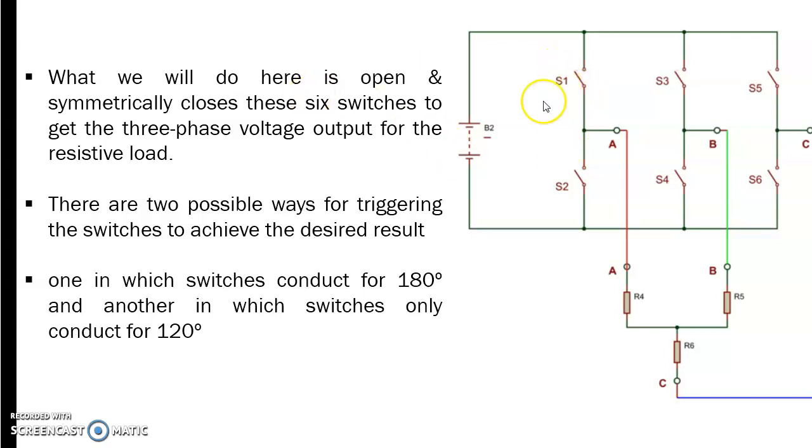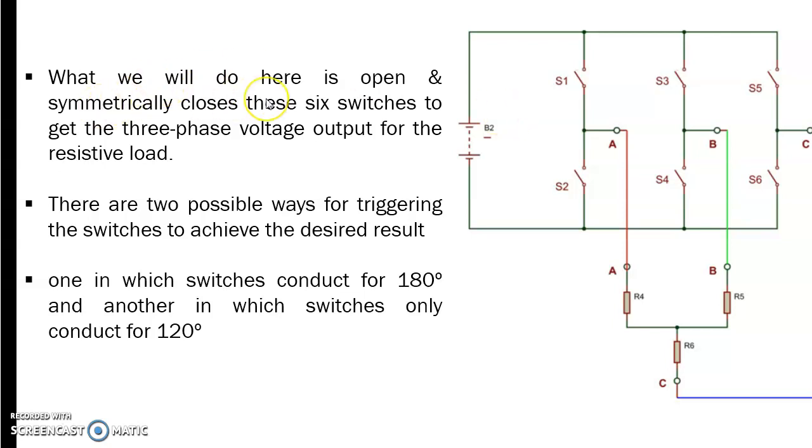And the conduction period of each switch is 180 degree, or 120 degree in the case of the 120 degree mode of operation. So in case of 180 degree conduction mode, at a time 3 switches will be conducting. For a 180 degree operation, at a time 3 switches will be in on condition. I hope all of you know the operation in 180 degree and 120 degree conduction mode, because you studied it in power electronics. The same thing here, we are refreshing the idea.